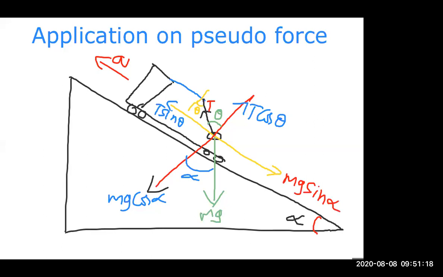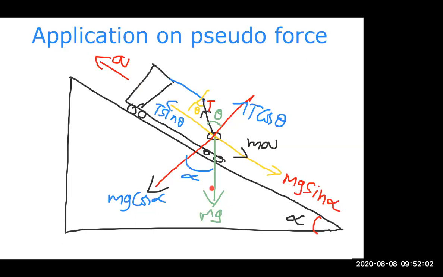Here one more force acts on the bob of the simple pendulum. What is that one more force? Because the truck is going forward, a pseudo force acts in the opposite direction. The pseudo force always acts opposite to the acceleration. Because the pendulum is hanging from the back side of the truck moving forward with acceleration A, the pendulum experiences pseudo force opposite to the acceleration. So A is in this direction, and the pseudo force mA is in the opposite direction.